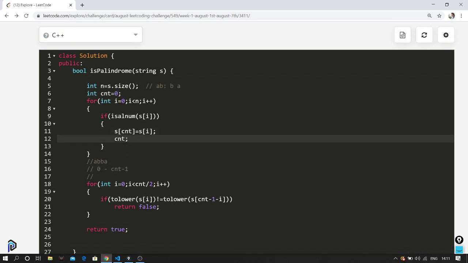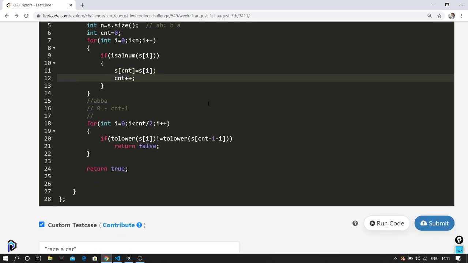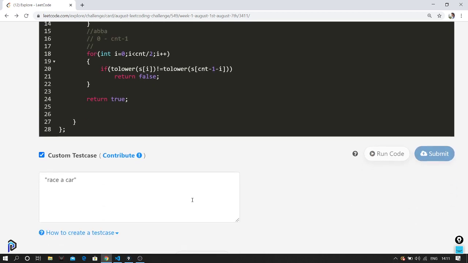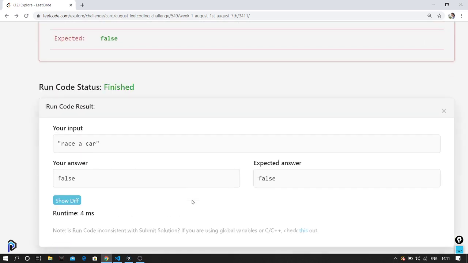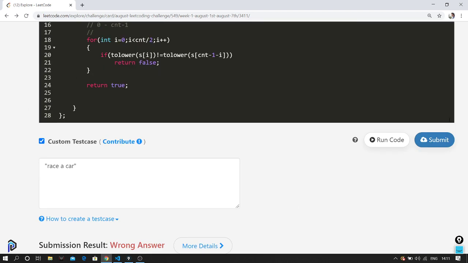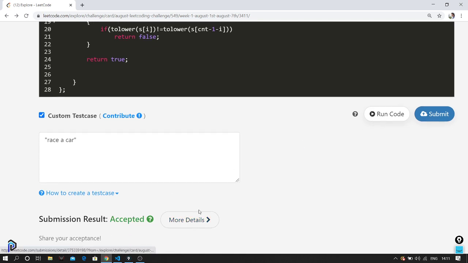I need to increment the counter over here. I'll run the code. Okay, it's returning false. So let's submit it. Okay, the answer is accepted.